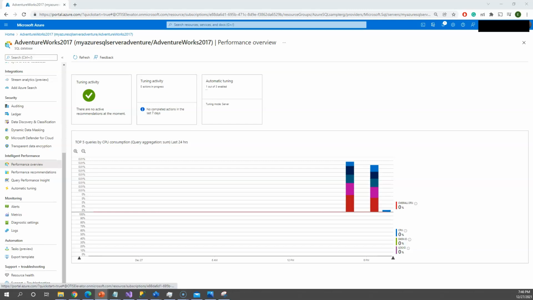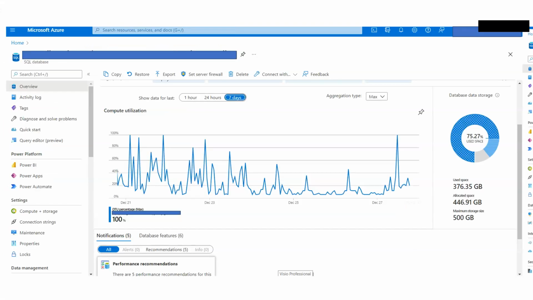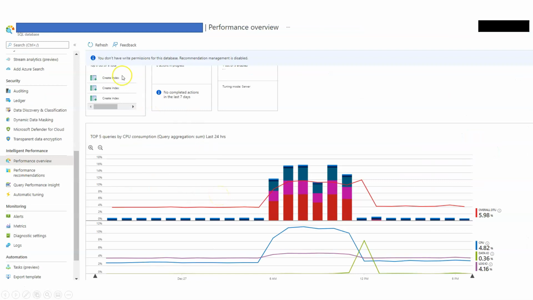Here is a screenshot of the real live database. So you can see what recommendations it is making. It is recommending to create an index for that particular table. If you create the indexing, then automatically it will improve the performance. Then similarly, there are a few queries which are consuming too much CPU, right? We can see further in the query performance insight as well.